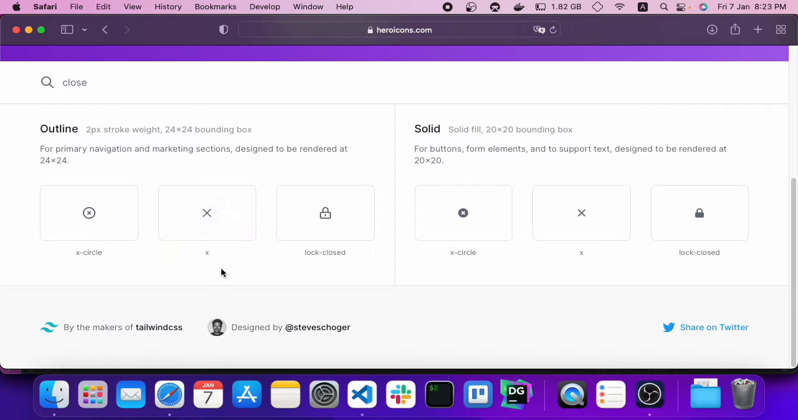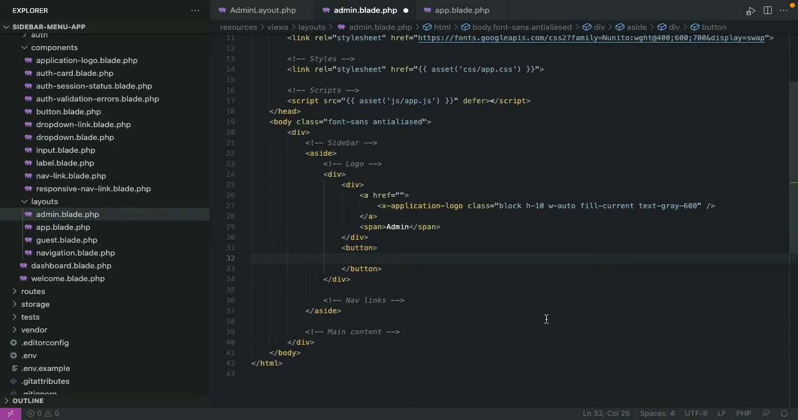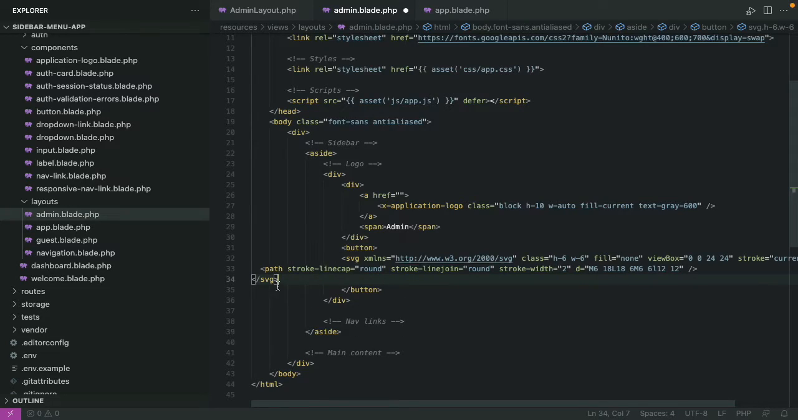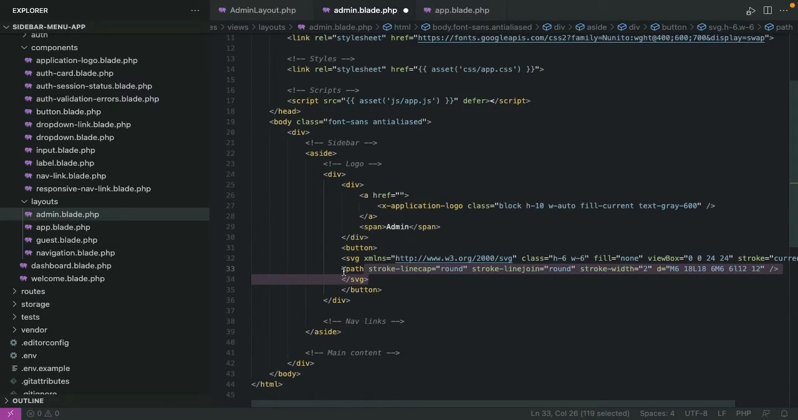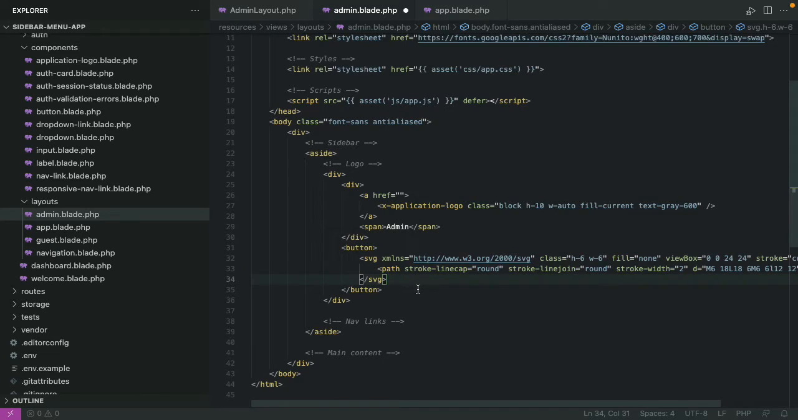This one right here, which is just an X, and you can just click on the copy SVG button, and that will copy the SVG code in the clipboard, and we can go back to the code and simply paste that SVG code in here. Fix the indentation, and there you go. The only change that we want to make to this SVG is add a block class in the class section,